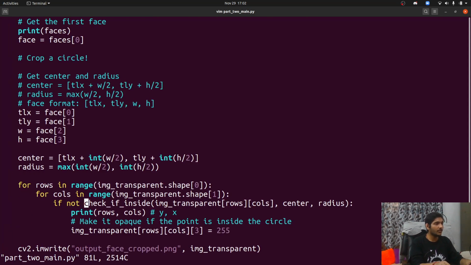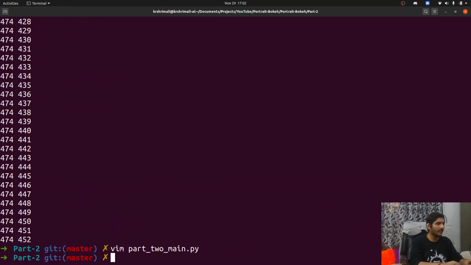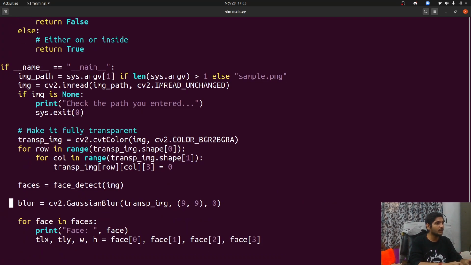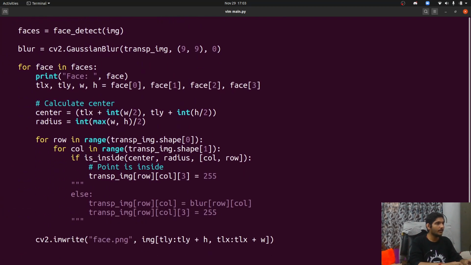My equation was not wrong. Probably we didn't calculate the center well. Int w by 2, TLX and TLY plus int h by 2. We took the max of it, right? And check my code which was there. I think I'm also doing the same, right? Center, radius, and I'm passing column and row.